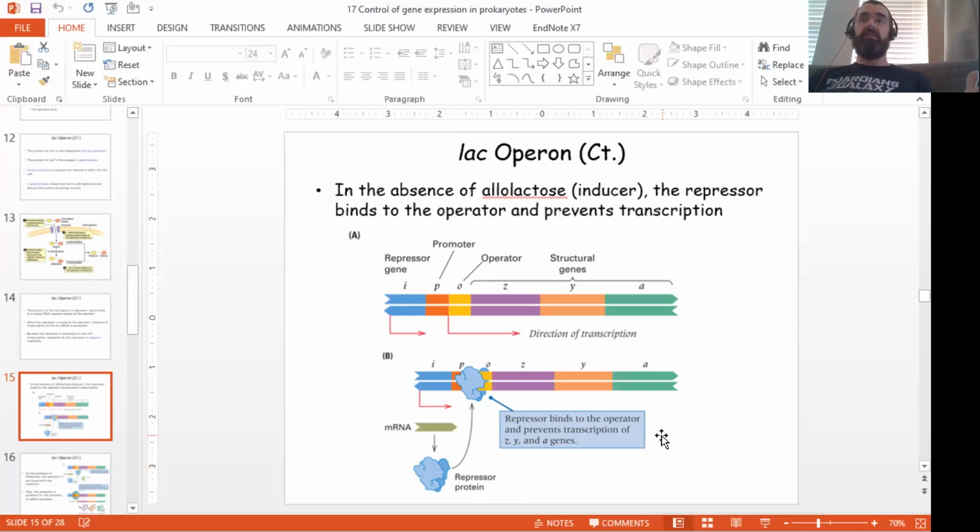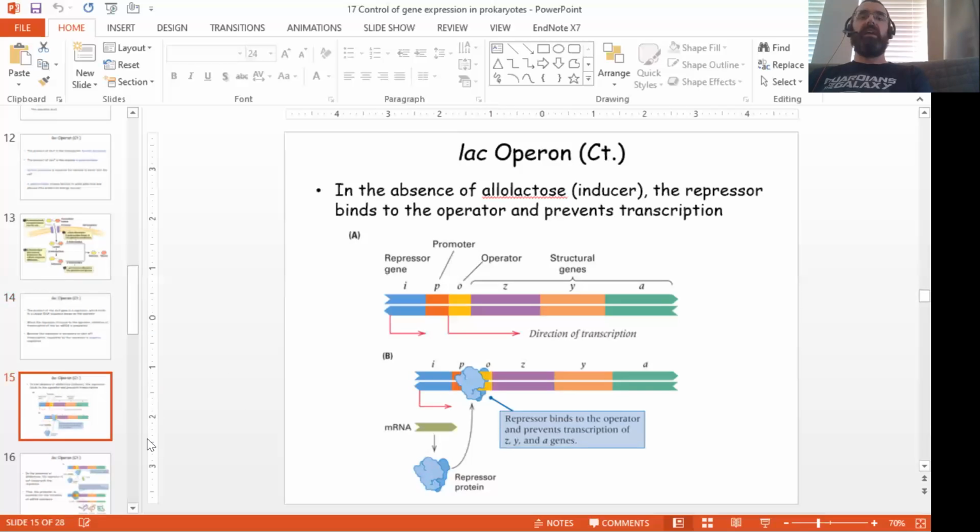If there's no lactose present, you don't want any expression from the LAC operon because it would be a waste of time, waste of energy, more specifically. You'd be producing something that you can't use because there's no lactose present. So the LAC-I repressor is bound to the operator in the absence, oh, it's LAC-A, in